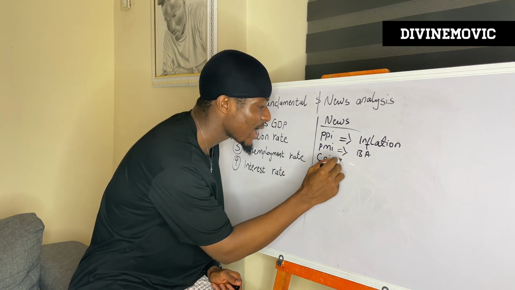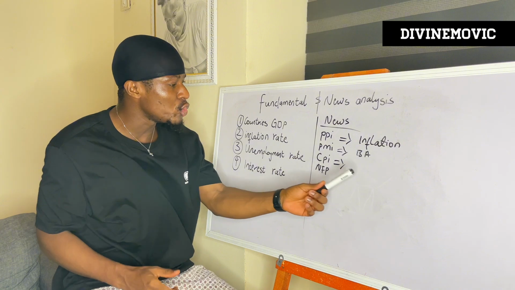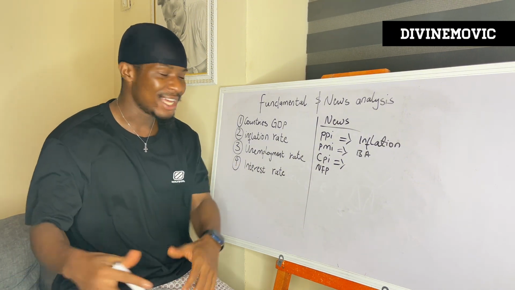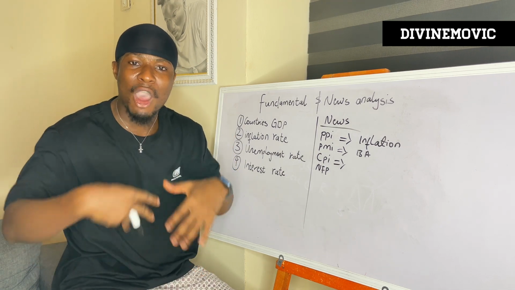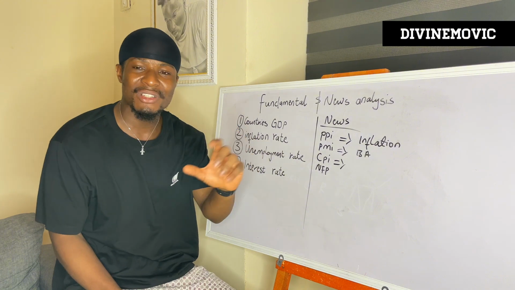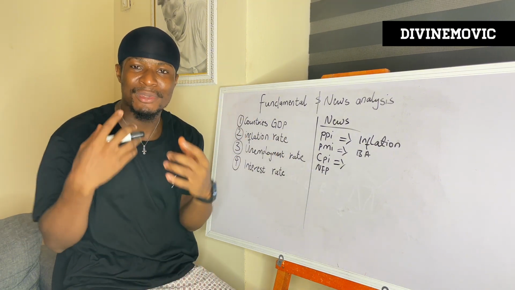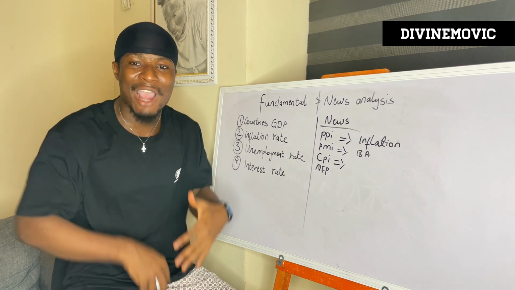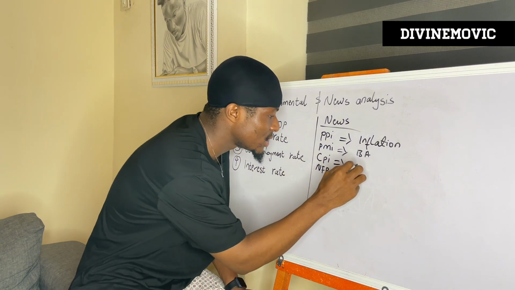Now we have the CPI. The CPI simply measures the inflation rate about how consumers are consuming goods that are produced in the country. That is, if Nigeria produces goods made in Nigeria, how are the consumers in Nigeria consuming them? What is the rate at which goods that are sold today are sold tomorrow? Consumer Price Index gives us the inflation rate for how consumers are consuming things in the country. So this is for inflation rates.